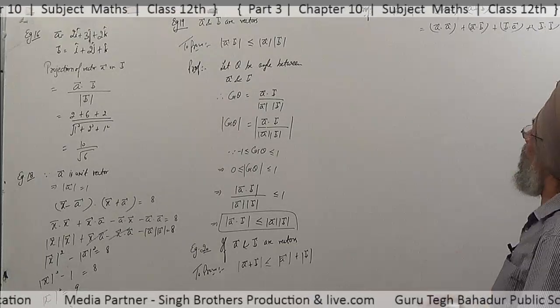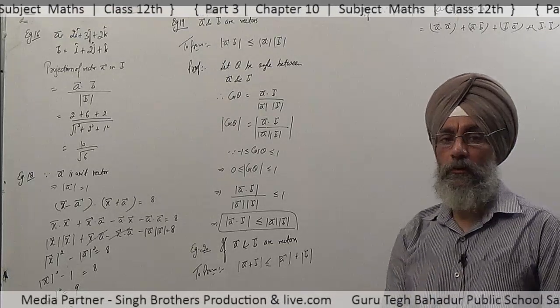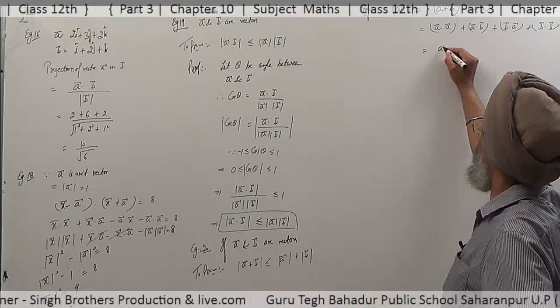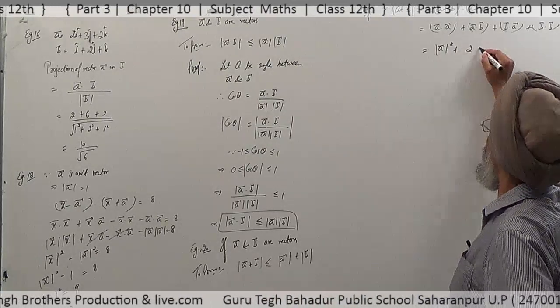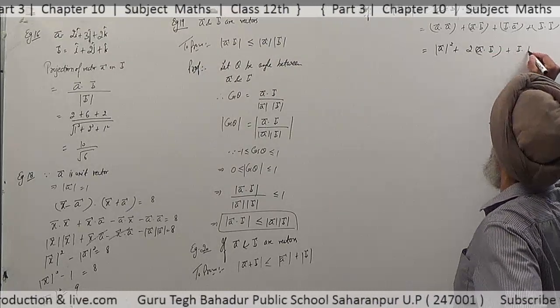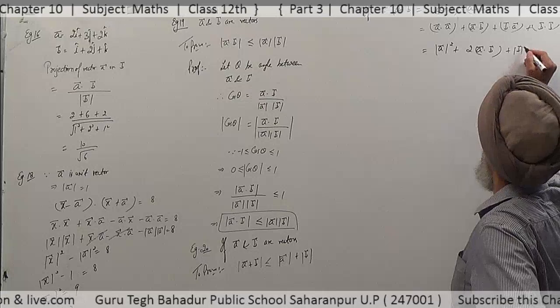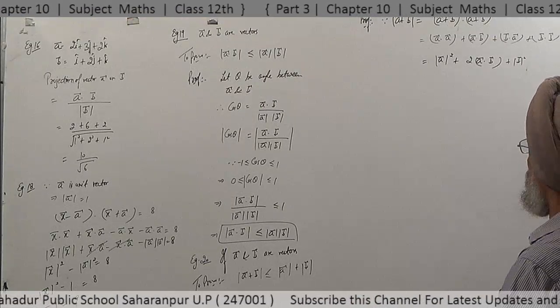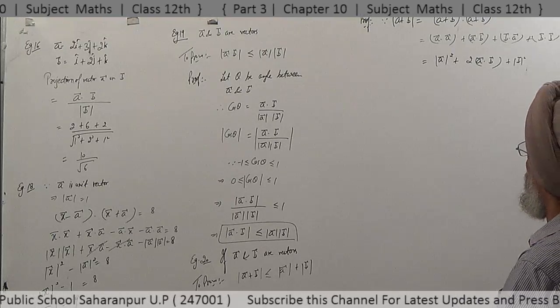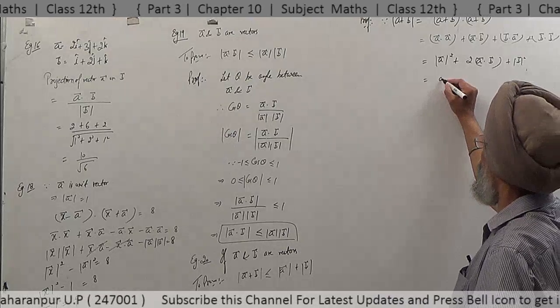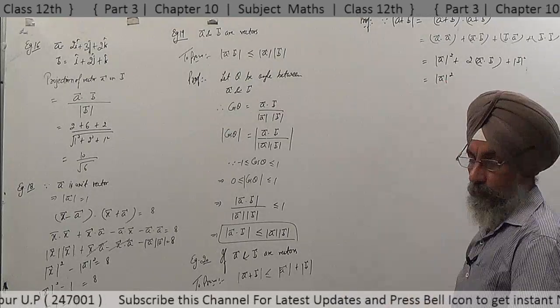Now a dot b and b dot a are the same because they satisfy the commutative property. So it is magnitude of a whole square, plus 2 times a dot b, plus b dot b, which means magnitude of b square. Now we are talking about a dot b. What will it be equal to? Magnitude of a square